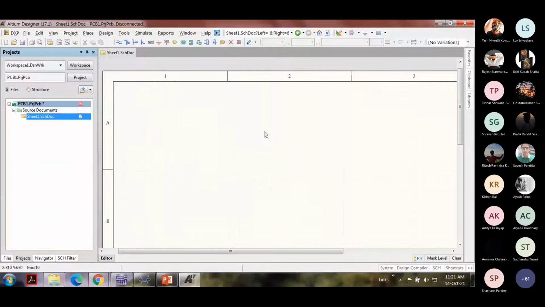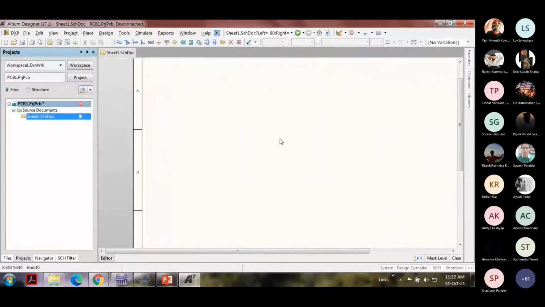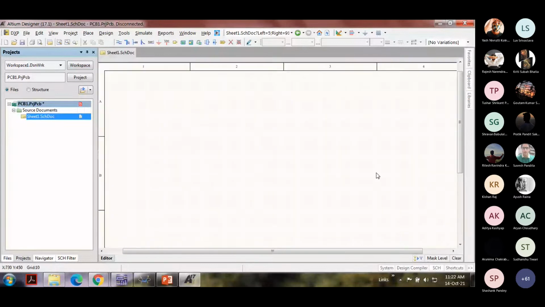So what I was saying was that these are called the drawing zones. They are exactly like latitude and longitude. Just like you identify the location of a place using latitude and longitude, your GPS gives those coordinates, isn't it? In a similar way, if you want to locate a component, say for example, I've got hundreds of resistors over here, and you are supposed to change resistor number 57, it will be very difficult for you to find out where that resistor 57 is located.